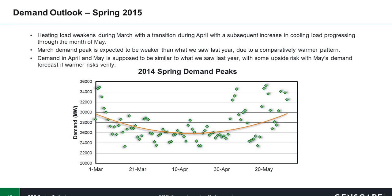Comparing this March with last, I think we're going to see weaker demand this March. Looking at this graph here of last spring's peaks, we did see a peak around 35 gigs. I don't think we're going to see that this March. However, tomorrow wouldn't be surprising if we do see demand approaching 33 gigs. I don't think we're going to hit that 35, but overall, we're thinking a bit of a more tame